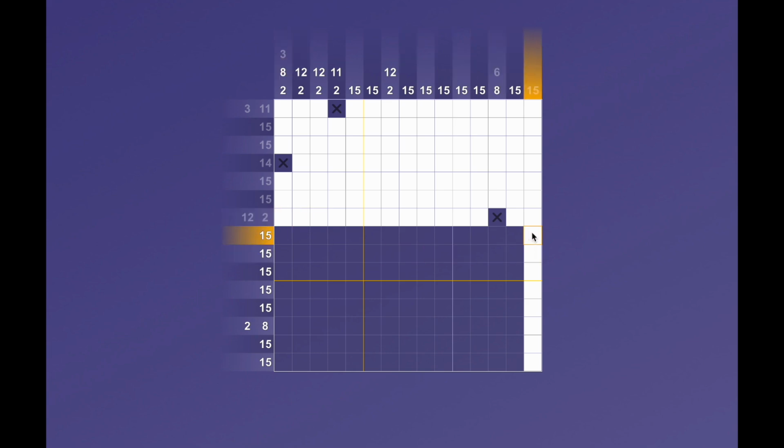This row has 15. 1, 2, 3, 4, 5, 6, 7, 8, 9,